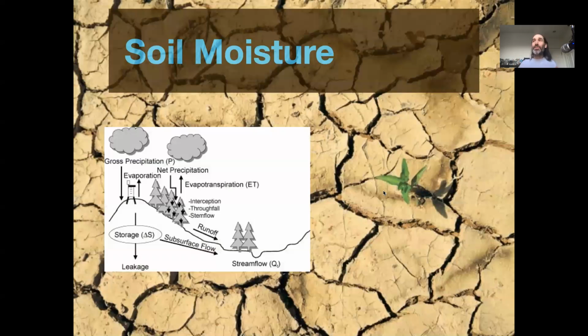Okay, so let's dive into thinking about soil moisture a little bit. It's a key part of the hydrological cycle, and we have this balance between precipitation coming down into terrestrial systems, evaporation and transpiration being the vertical fluxes back out to the atmosphere, this downward percolation flux into storage and subsurface flow, this runoff over the surface, and then ultimately those are leading us to stream flow, which is going to then move us from our terrestrial systems to our aquatic systems. And through all of this,